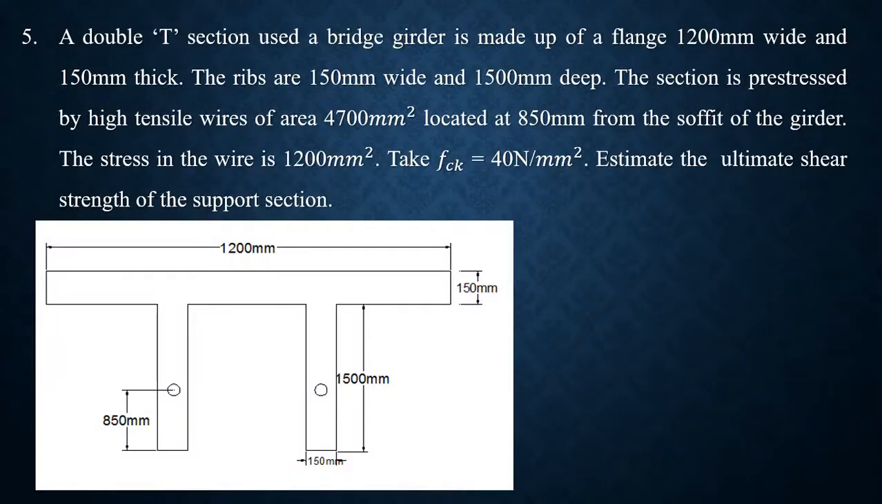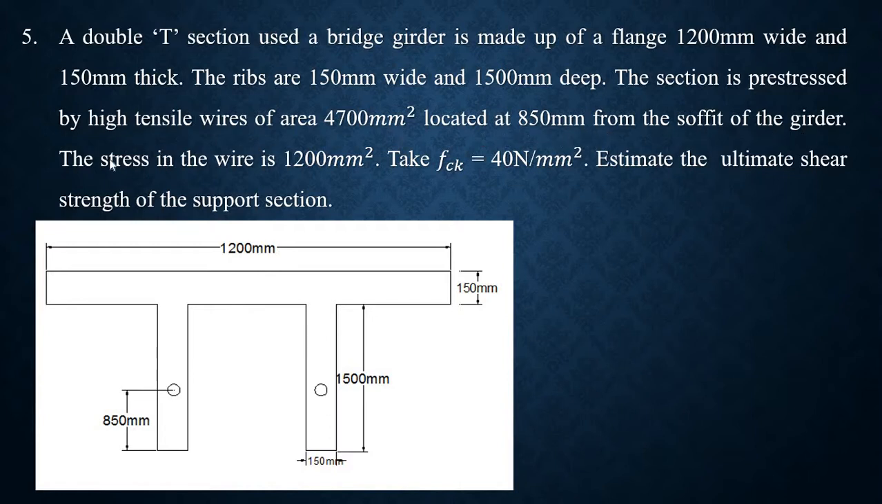Everyone, welcome back. Today I'm going to explain a problem on design for shear. A double T section used as a bridge girder is made up of flange 1200 mm wide and 150 mm thick. The ribs are 150 mm wide and 1500 mm deep. The section is pre-stressed by high tensile wires of area 4700 mm square, located at 850 mm from the soffit